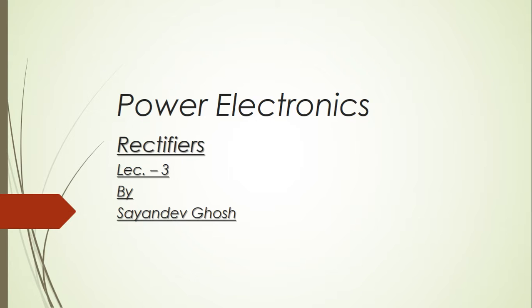But an ideal rectifier is a power processor that will convert the AC signal into a DC signal with minimum amount of harmonics. So the harmonics must be very much reduced, and along with that it should also maintain the input current as sinusoidal as possible and in phase with the input voltage, so that it works with the unity power factor.